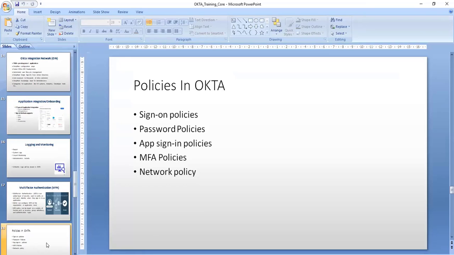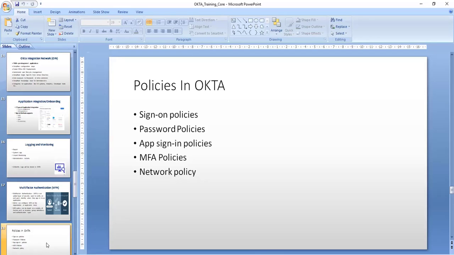For example, welcome@123 or test@123 or happy@123. So these are some common passwords. You should not allow the user to set these kinds of passwords. All these steps you can define in the password policies.